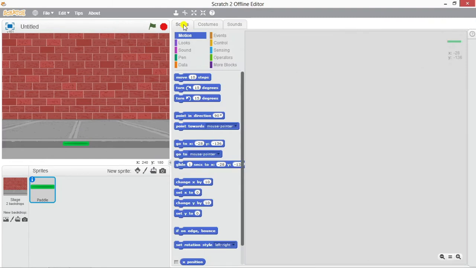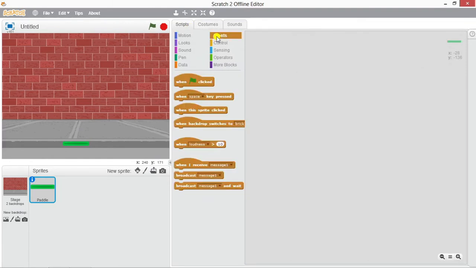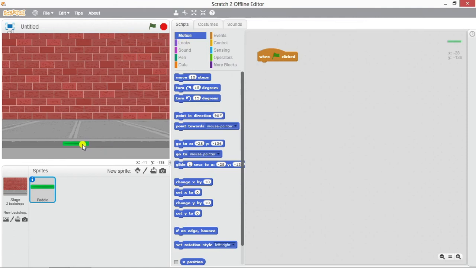Go to scripts, go to events, select when flag is clicked. Then this starting position should be here. I am just putting it here. It's like minus 5 for x, so I will make it 0, so it will be center, and y should be minus 140 so that it is a round figure and it is also the center. So this is the starting position,